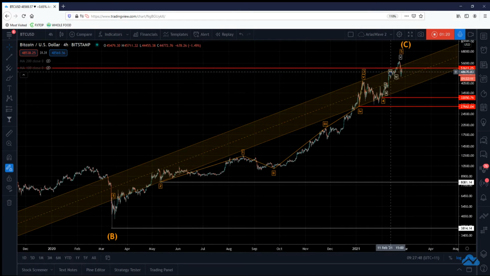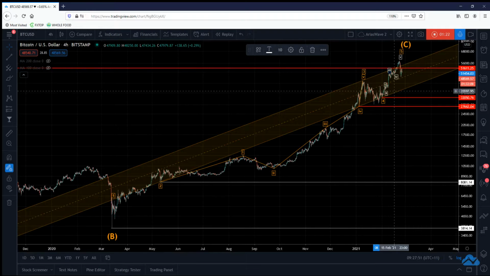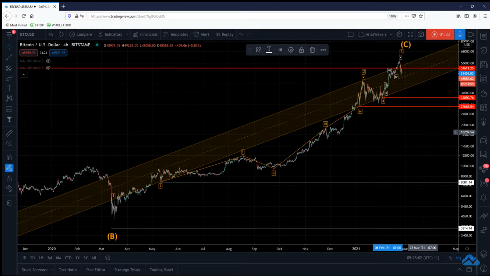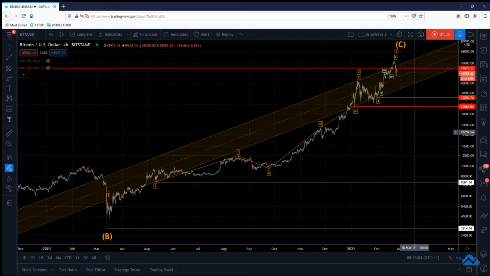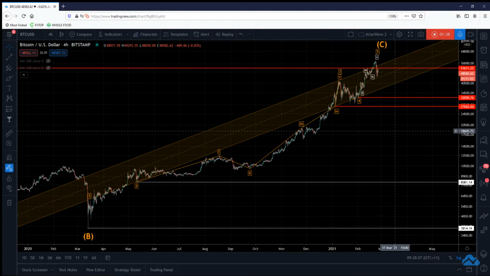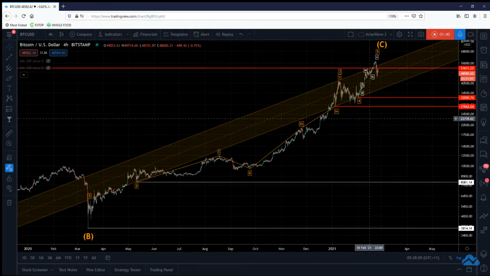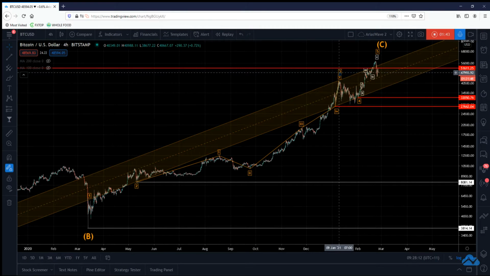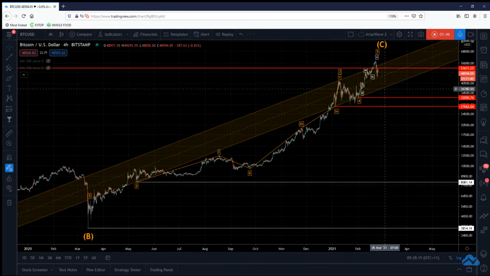Now, like I've mentioned a lot of times, we do need to see a break of wave 4 in order to confirm a reversal is taking place. And it will be basically a long-term top in this market. As you know, this past week we have seen some pretty interesting reversals across the board in cryptos. So I don't think this is going to be just relating to any one particular crypto. I think it's just across the board in general.